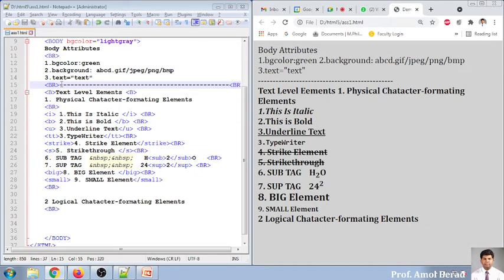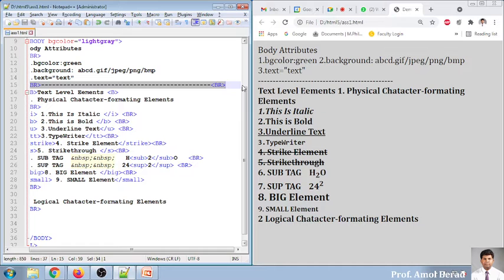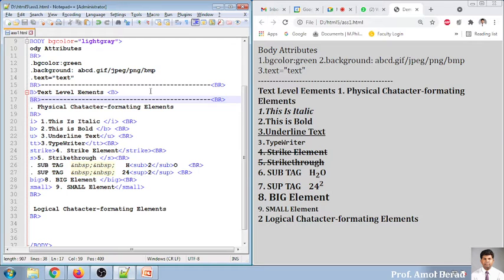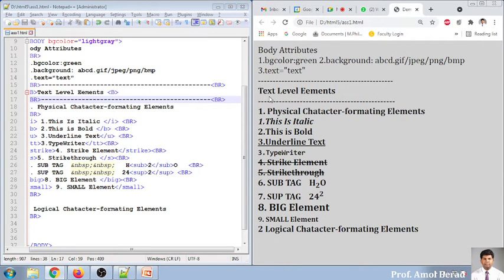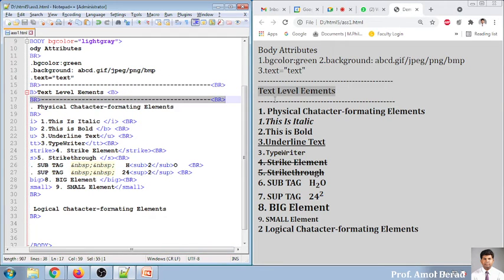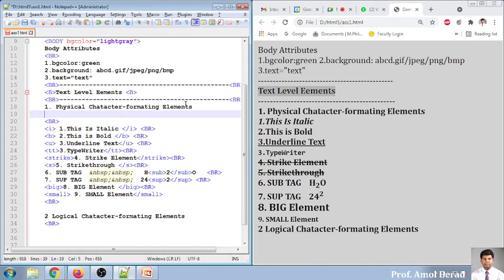So this is the physical part. I'm just copying this and pasting it here after this physical tag, so it will be very simple for me and you also to identify. So text level elements, first one, physical level elements. Again, copying this and putting it after this.